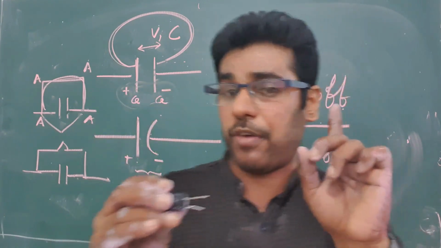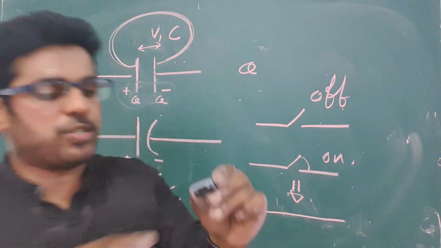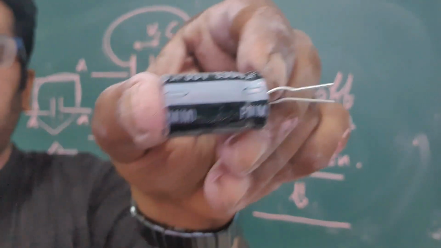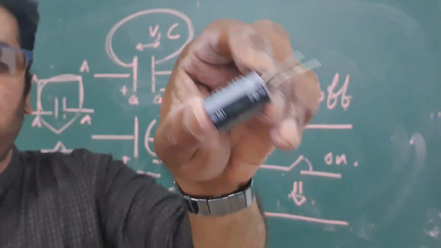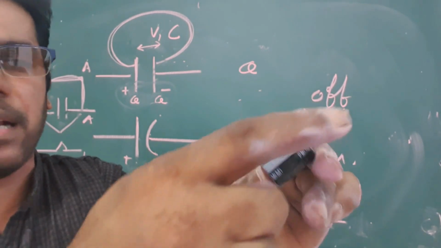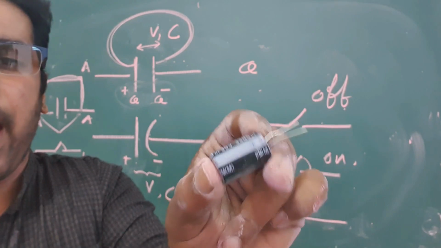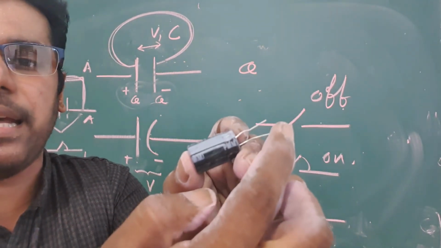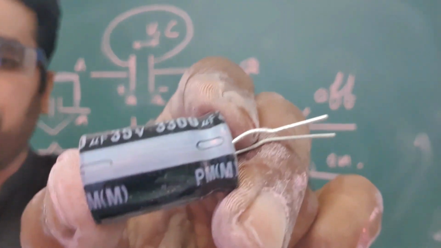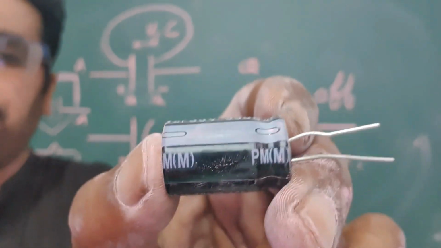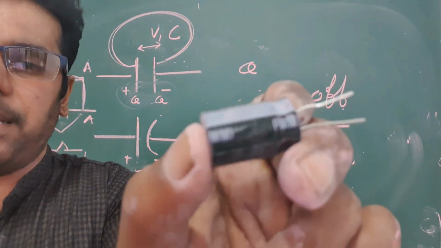Another very important thing: if I demonstrate the capacitor again, you can see this is the minus. Always this shorter part is the minus. Now it has two plates, and these are the two plates and conducting wires. The long wire is a plus. The smaller part is a minus. The shorter part is a minus, the other part is a plus.